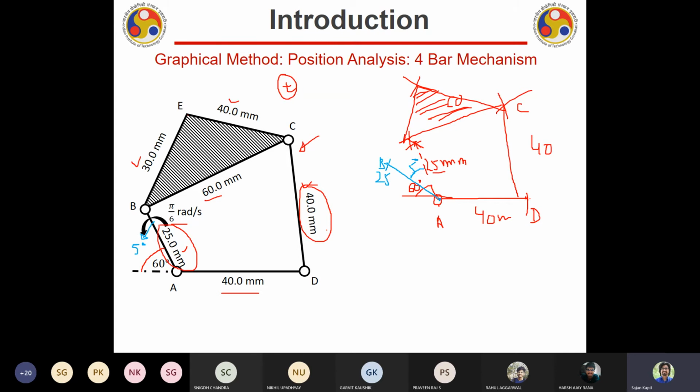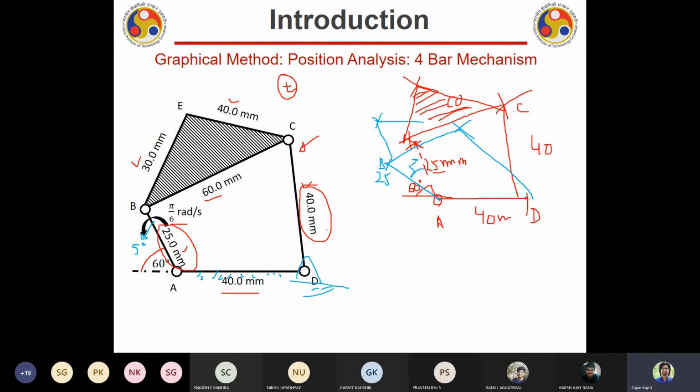Simply, when I got point B, I can again make an arc to locate the point C. While this point D will remain fixed, it is not going to move anywhere because it is attached to the ground. This is ground, right? I have not shown it, I'm sorry, but it is a ground. And then I'll make an arc of distance 40, and hence I got the point C so easily. Correct? And hence again I can get the point E.